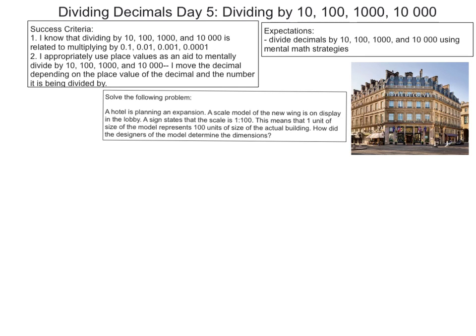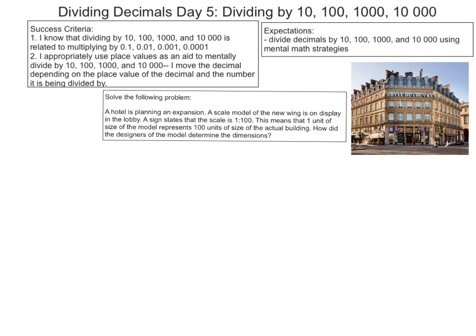numbers. So for number 1, I know that dividing by 10, 100, 1,000, and 10,000 is related to multiplying by 0.1, 0.01, 0.001, and 0.0001. So that's what we talked about when we were multiplying decimals, is that it's just like dividing by 10, 100,